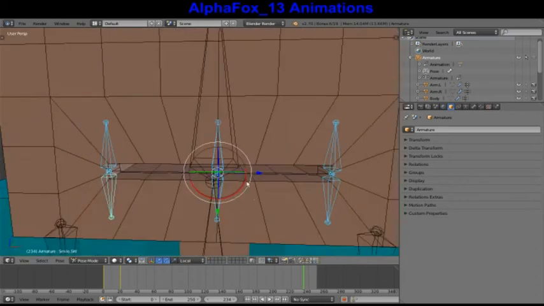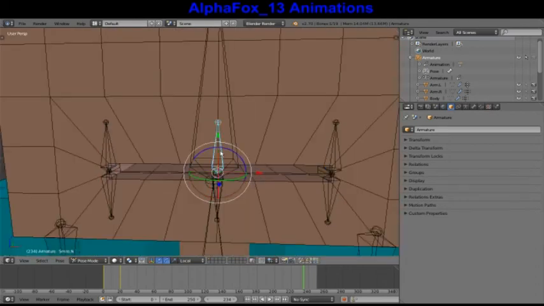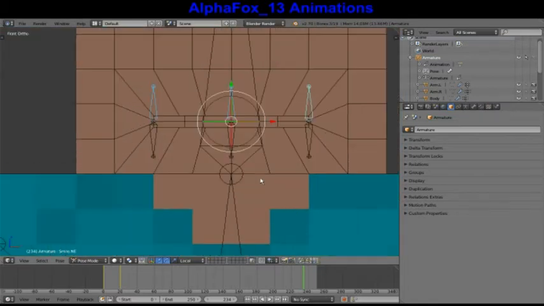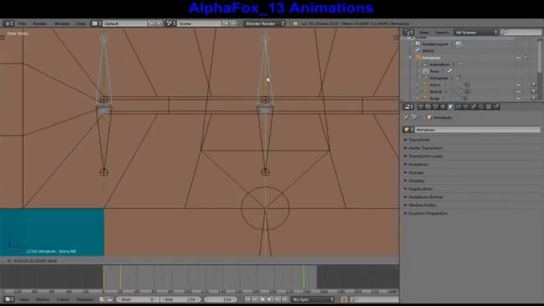Then the mouth isn't going to close completely. You actually have to go beyond medium point with this to get the mouth to close completely, and when you do,